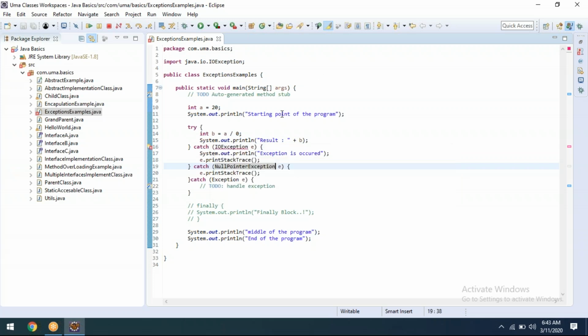So what we need to understand from this: whenever you are putting multiple catches, first we need to put the small thing, then the next bigger thing, and next the topmost class. The topmost class is Exception.